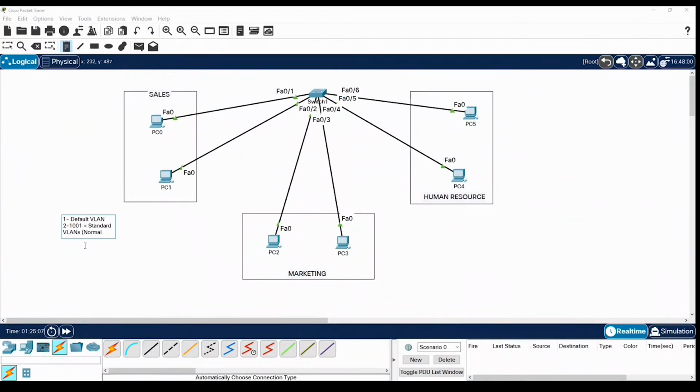This is for normal uses. Then we have 1002 to 1005. This range is reserved VLANs,